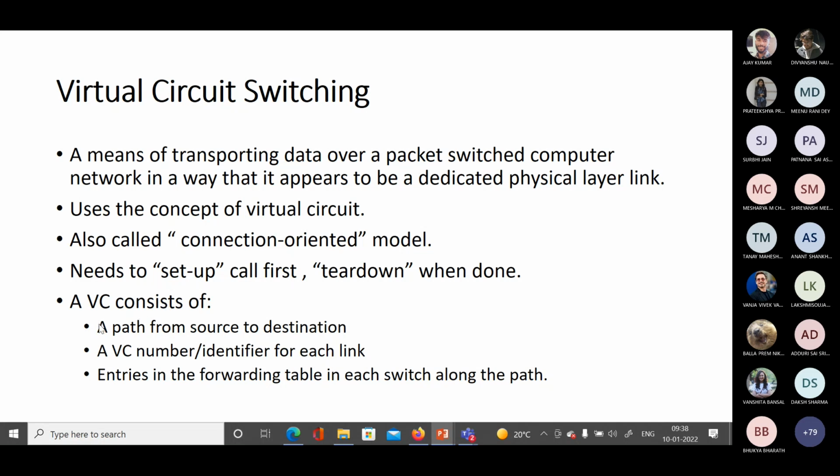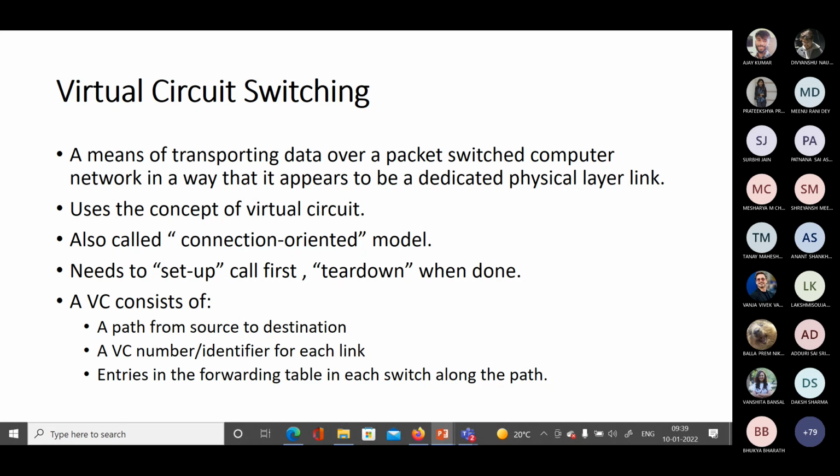But first, let us see what a virtual circuit consists of. A virtual circuit consists of a path from a source to a given destination, and each link between two particular nodes is given a virtual circuit number or an identifier. What used to happen in packet switching is that you have a particular node in between.